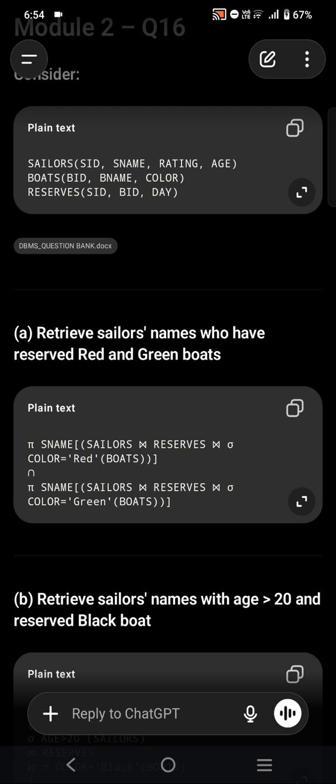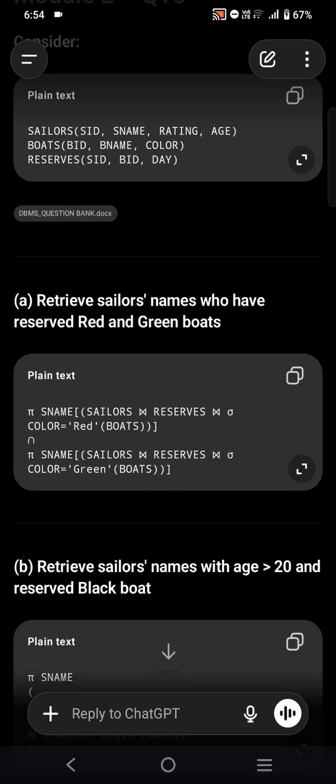From sailors, which is connected to reserves, then from reserves BID, which is connected to boats. So pi SName of sailors join reserves join sigma color equals red of boats, intersection